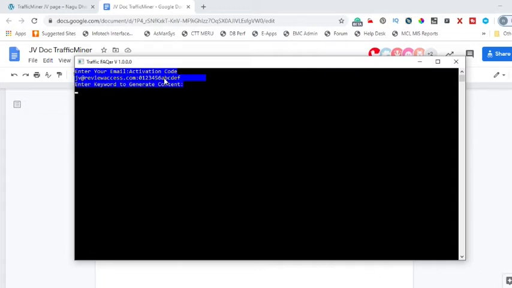Once it's validated, it will ask you to enter the keyword to generate content. So remember what keyword you are giving. For that keyword you will get some of the bulletproof cheat sheet answers for you, but it's not guaranteed for all the keywords you enter here. You may or may not get that bulletproof cheat sheet of answers. In this case I am just entering a keyword.